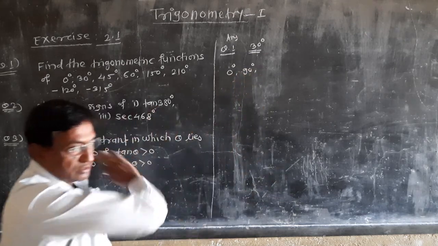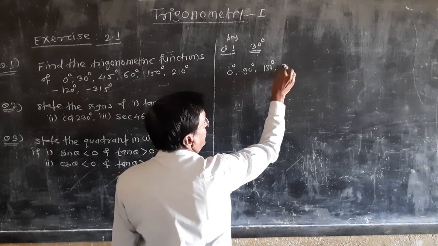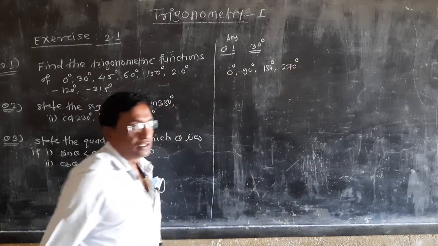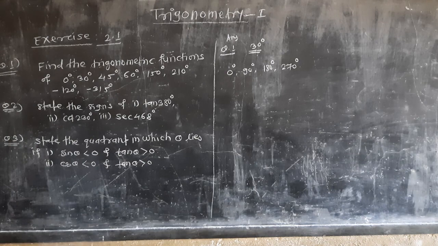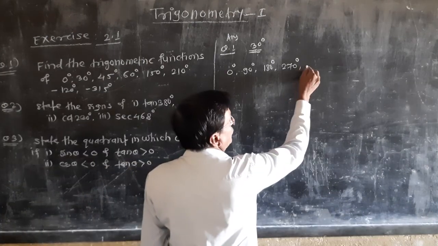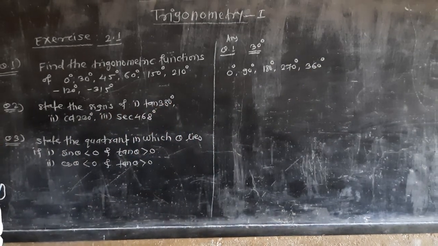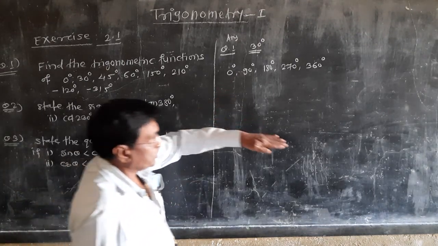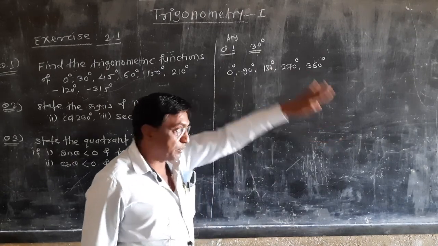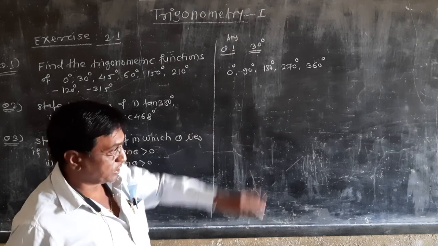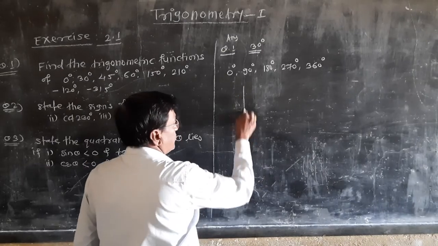If it is along the negative x axis, then the measure is 180 degree, and if it is along the negative y axis, then the measure will be 270 degree, and when it is again at the initial position, that is the positive x axis, then the measure is 360 degree. Means when the arm lies on the positive x axis, the measure will be 0 degree and 360 degree. But whenever it is completely made by one rotation, then that time the measure will be 360 degree. And so I will use here that simple technique.